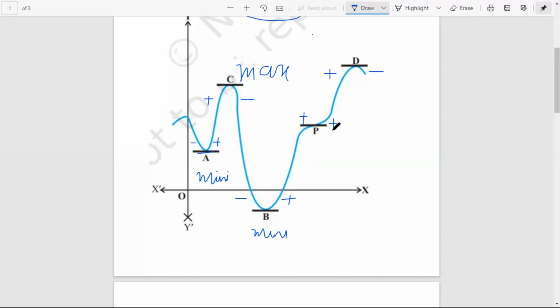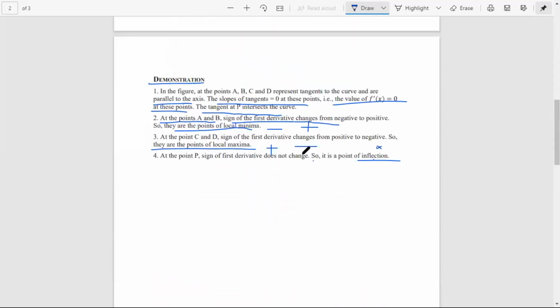So I guess you all understood what this is. You remember when we solved the problems, after finding the first derivative, we equate it to zero and find x values, right? So that is a critical point. So points A, C, B, D are all critical points. Is it clear? And we check whether the sign is changing or not. Then we find local maxima and local minima. And if it is not changing from negative to positive or positive to negative, and remains positive to positive or negative to negative, we take that particular point as a point of inflection. So I hope you understood this, right?